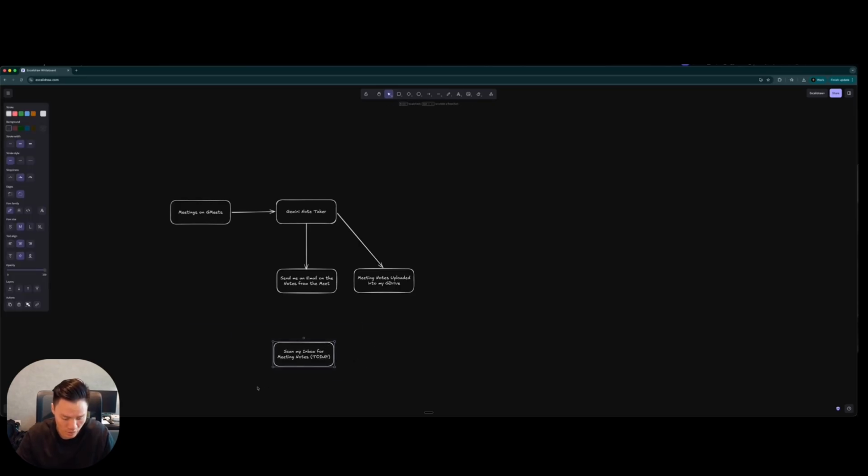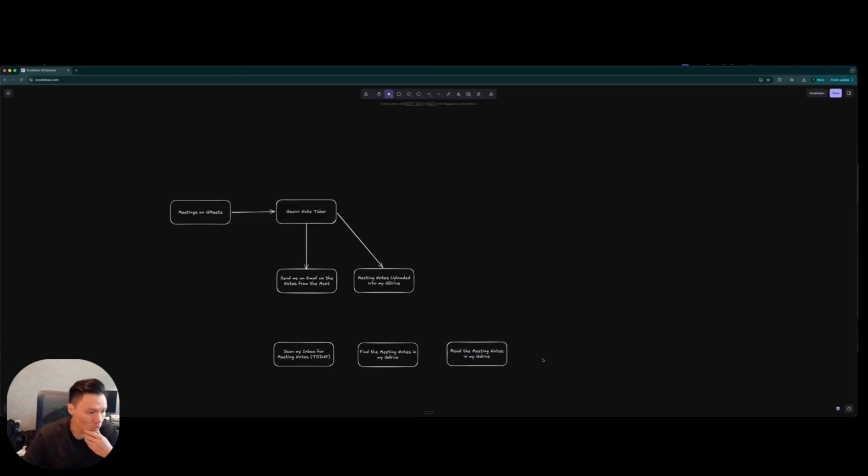Then what it should do is find my meeting notes in my G drive and read the meeting notes in my G drive. Now the meeting notes will have key discussion points, action items, etc. So you'll just read that, and it would have, I would say, 80-90% of the context